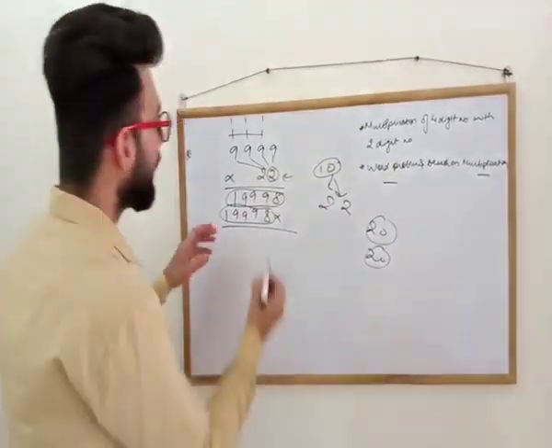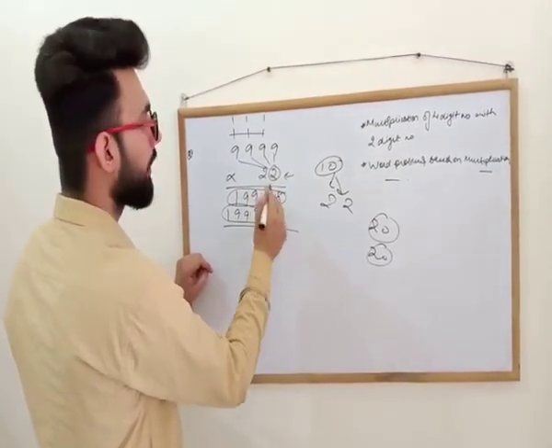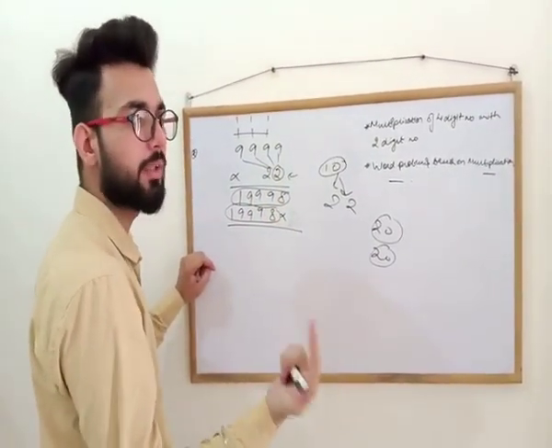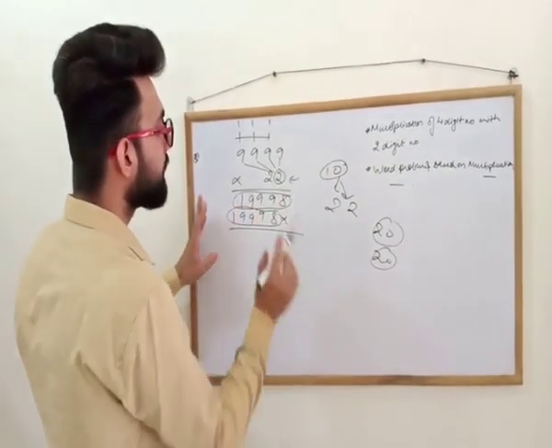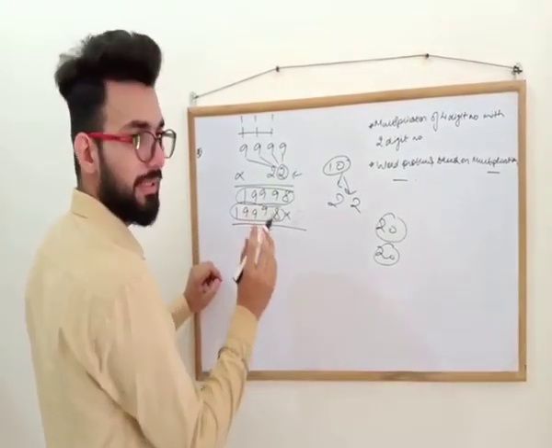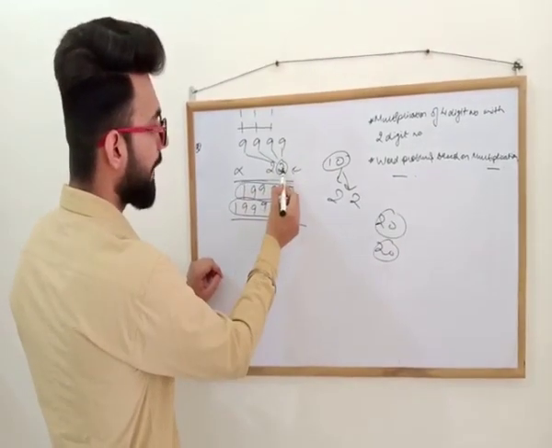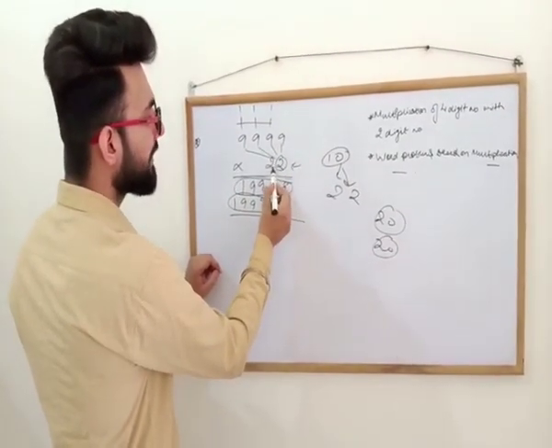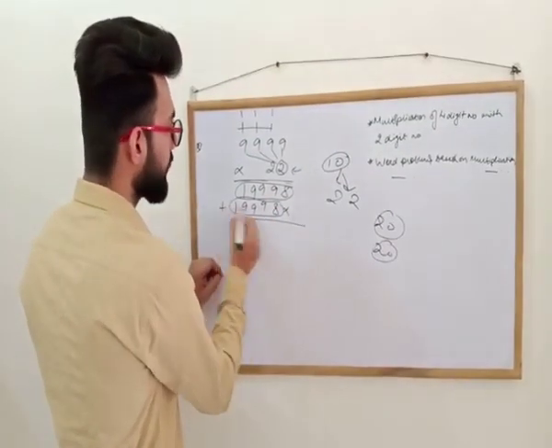You can also do one thing. If you see that the multiplier is something like 22, 99, 110, 111 or 444, that doesn't matter. The only thing you need to take care of is that if the digit is repeated, the answer you got by multiplying the first digit, you can copy the same for the second digit. Okay? So now we'll do addition.